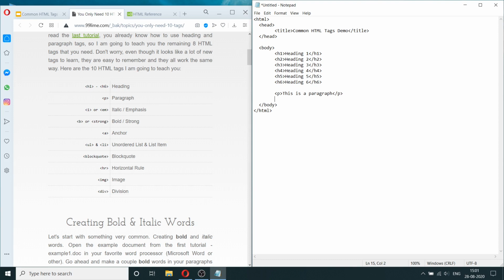And then we'll also have an italicized text and emphasis. These two should look similar. We'll also do bold.